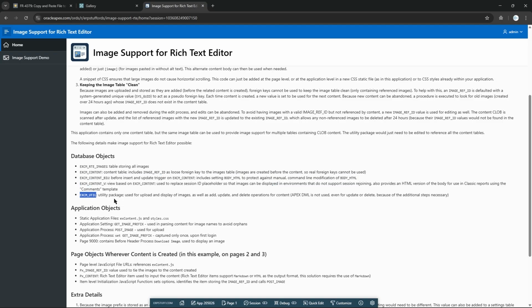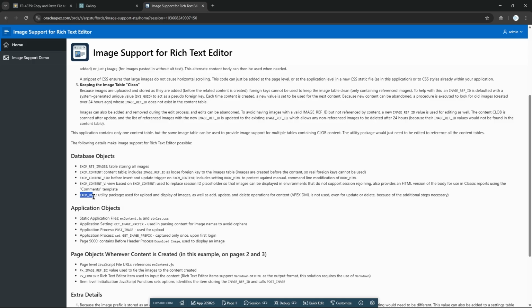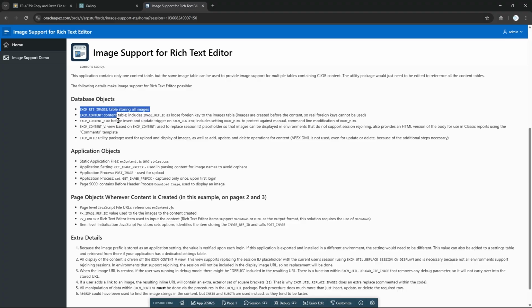So if you uninstall, and you uninstall objects as well, these objects will also be uninstalled. So if you are using this functionality, let's say for example, in your application you are using this package, it will also be removed. And this application is using tables as well to upload and show and all those things. In addition to this, because these are just Oracle objects, right? So how to upload an image, how to save an image in the blob. For that, they have given this